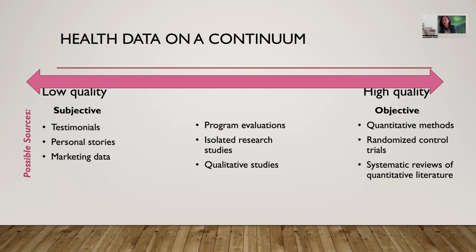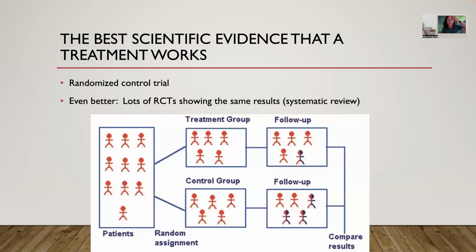I've talked about it before in this class, but we're going to go over it again. And then systematic reviews of the quantitative literature. So reviews that bring together a whole bunch of different studies, because again, relying on one study, not great. Okay. So the best scientific evidence, the best objective evidence that a treatment works, the most reliable evidence, is going